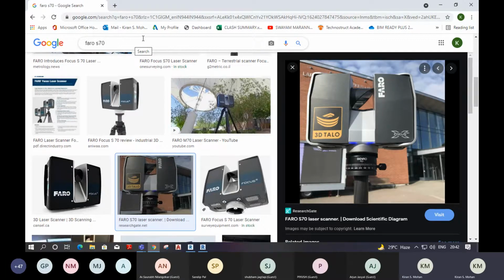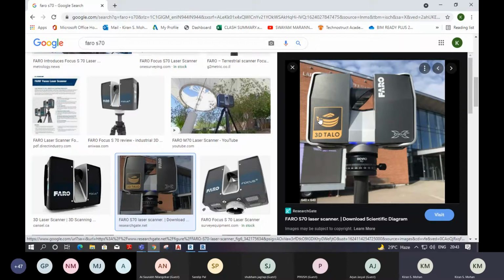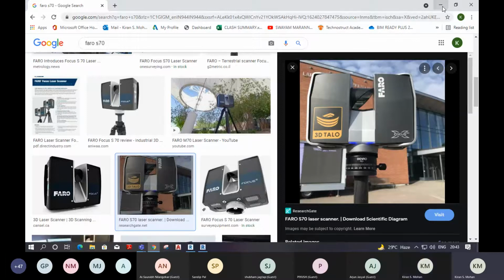And there is another model that is S350. S350 means there is a 350-meter range. In that equipment also, you will get an accurate image up to 200 or 250. After that, it will not be that clear. So for every equipment, there are some range limitations.